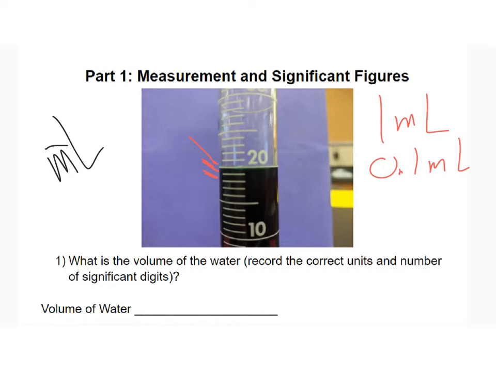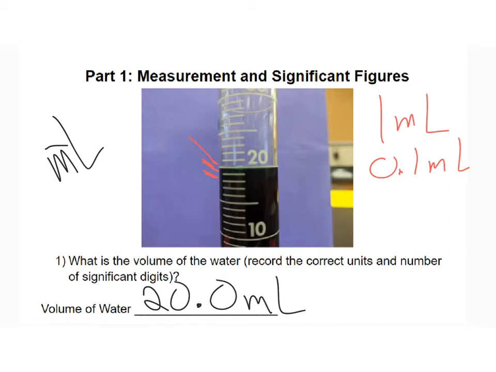In this case it's a 1 milliliter marking graduated cylinder, so you record to the tenths and you estimate the last digit. Now in this particular case, it looks to me like this water is sitting exactly on the 20. So I'm going to record it as 20, but I'm going to record it as 20.0